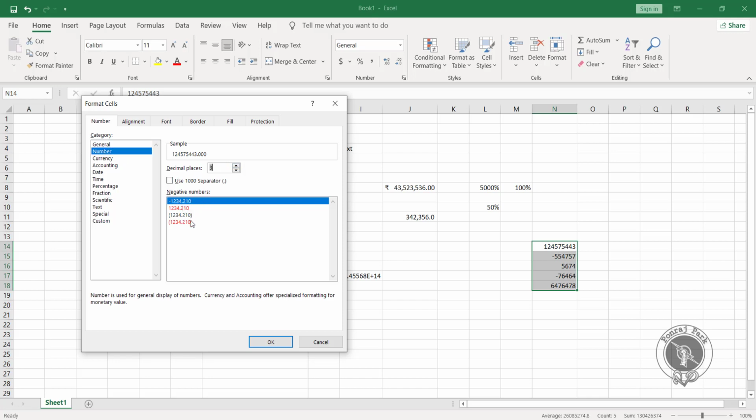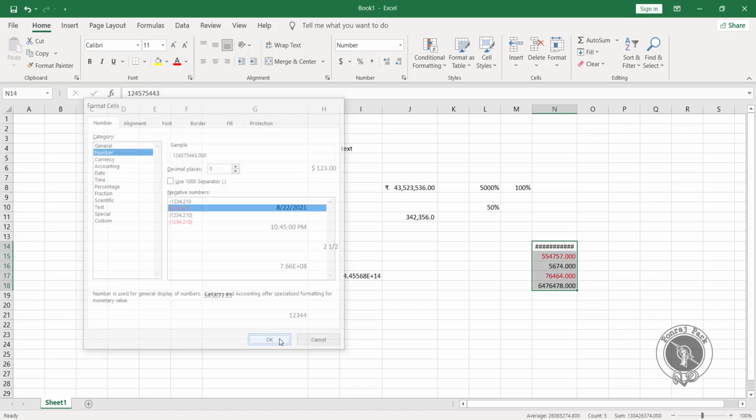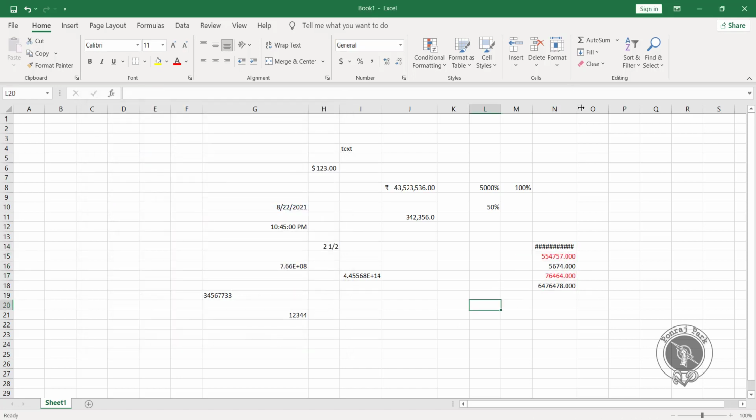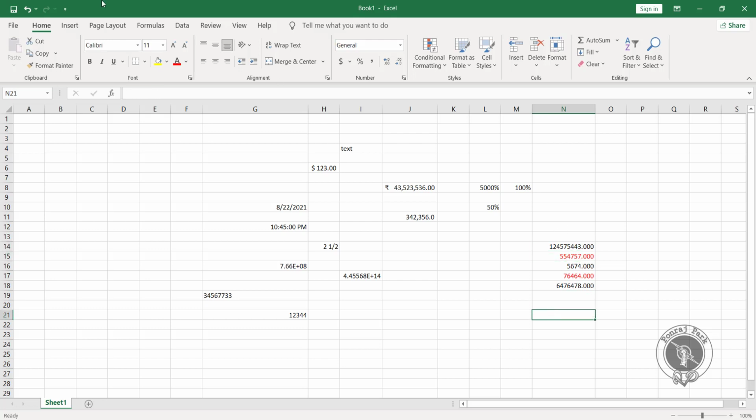Now what I want is that whatever number is negative should get highlighted with a red mark, and I'll click OK. So now you can see whatever negative numbers were there have been highlighted with red. You can use such formatting if you have data in your sheet where you want to highlight some numbers, positive and negative, with the red color.